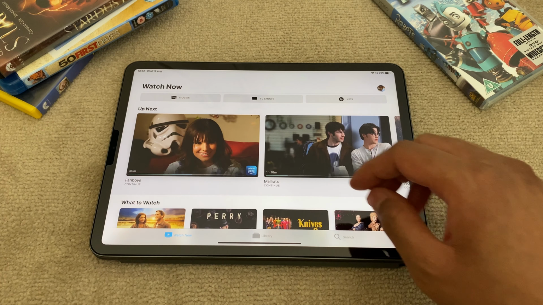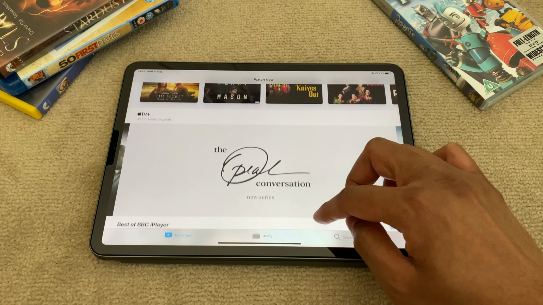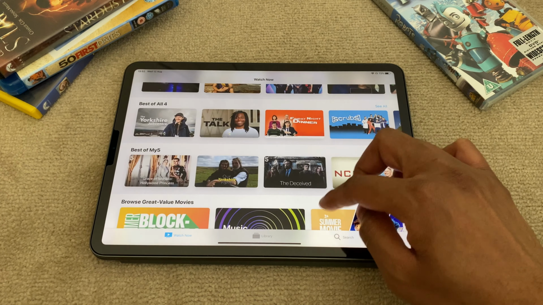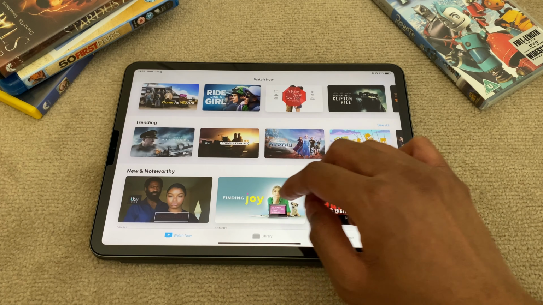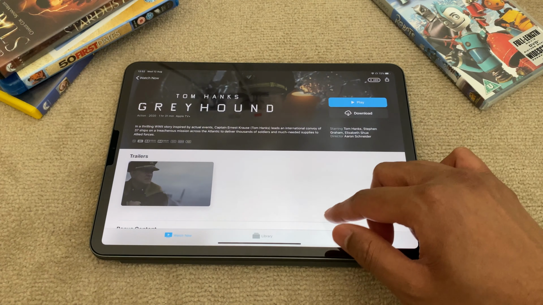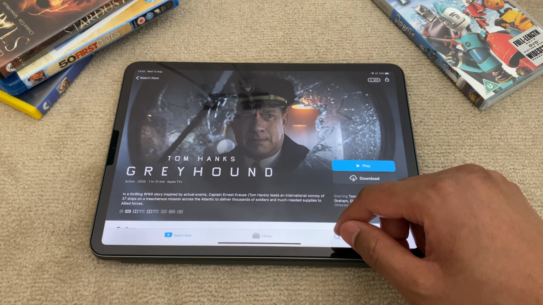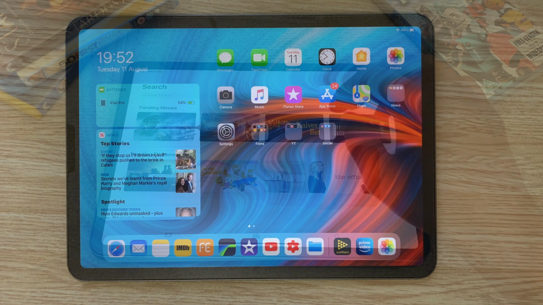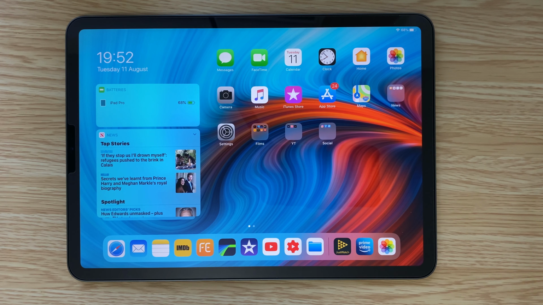But I yet have to watch a single movie or show on it. I might give the Tom Hanks movie a go soon, or maybe the upcoming Megan Fox film Rogue, as the trailers really seem very cool. And then IMDb used to be in this location, but I have moved it to the dock.